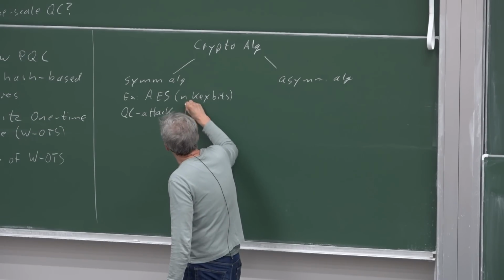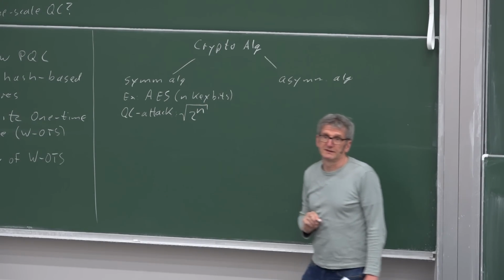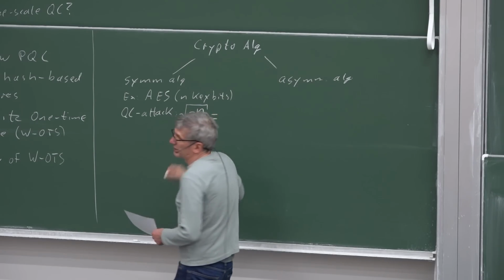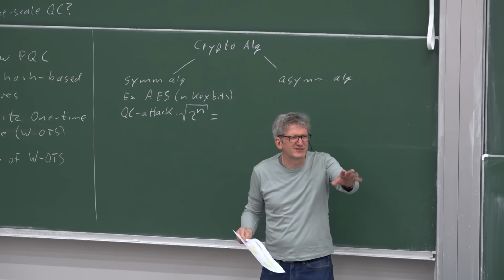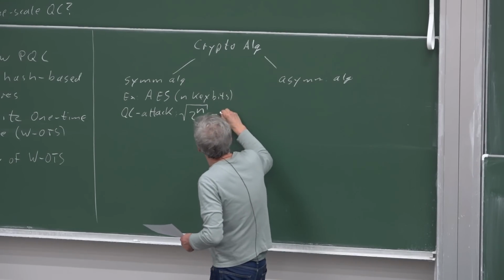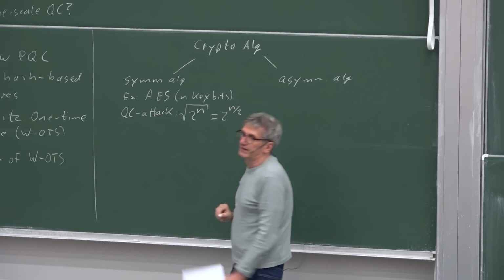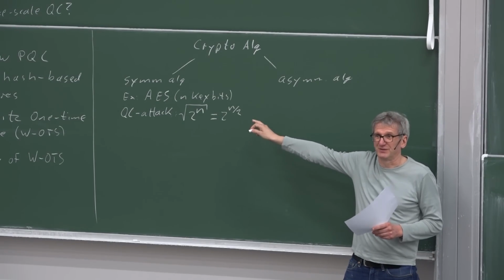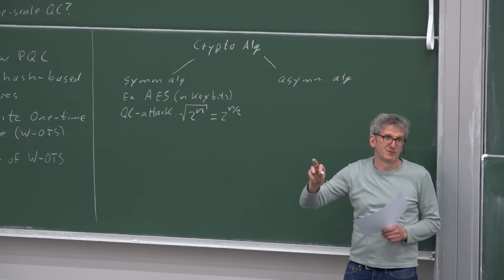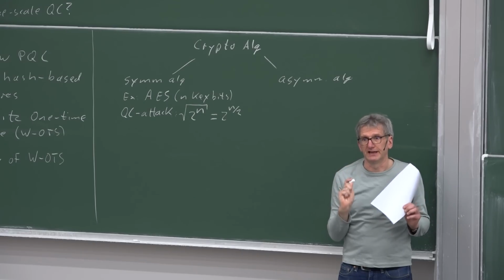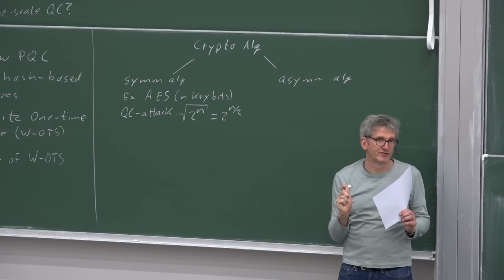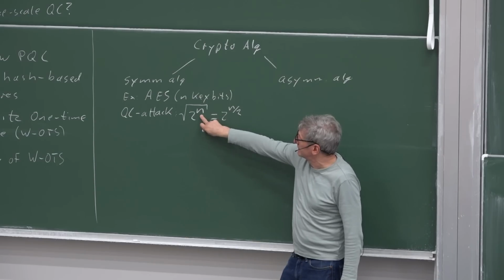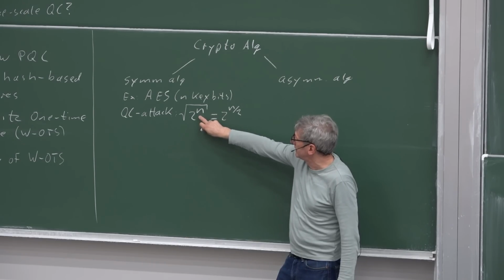With quantum computers, we only need the square root of that, okay? And we know that from tenth grade, right? Mittelstufe. This is n over 2, right? So what is the interpretation of this weird formula? Quantum computers halve the effective key length of AES, right? So if normal AES key search needs 2 to the 128 steps,